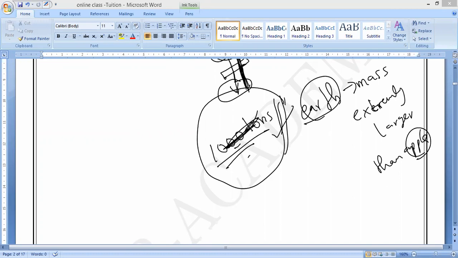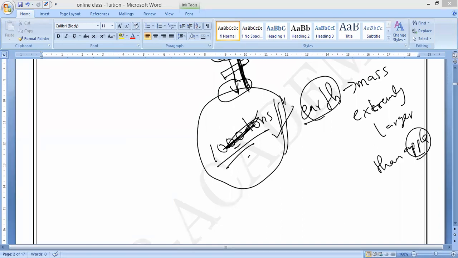Okay. So if you understand this, please write 3 points. Next we will study what the universal law of gravitation is. Before studying the universal law of gravitation, we should write these 3 points. Please all of you write. According to Newton, please write. According to Newton,